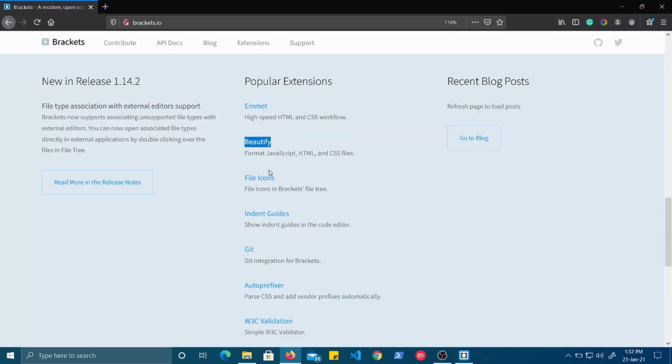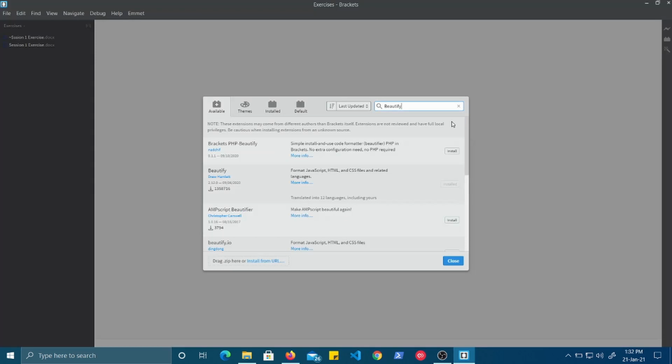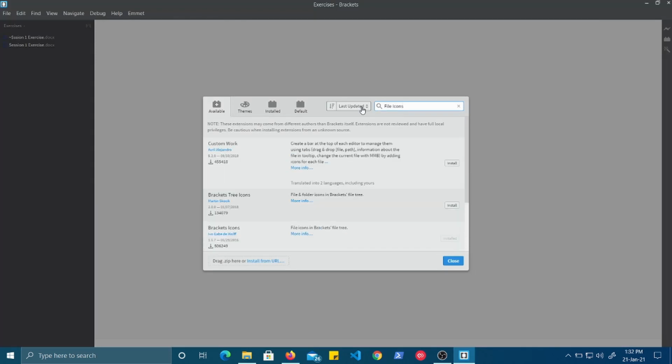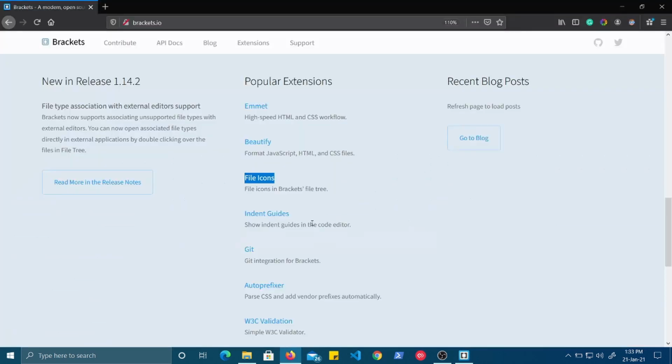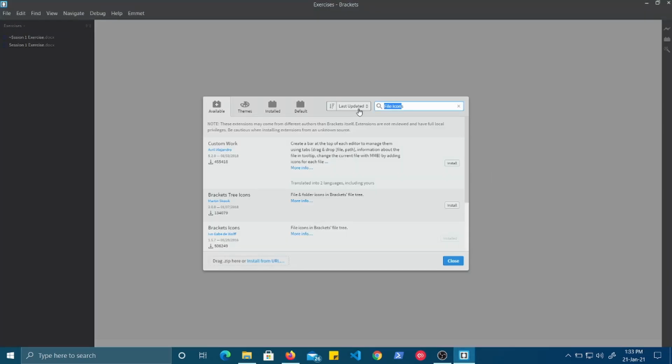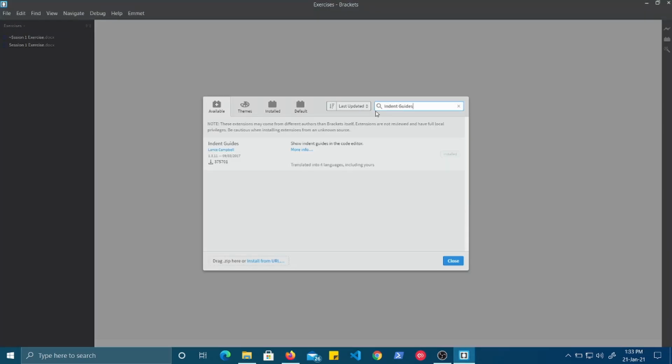Similarly, follow along and install the file icon extension as well as indent guides, right? For file icons I will just demonstrate because you may get confused as there are several others also. Here Brackets Icons, okay, so this extension you have to install. And in case of indent guides, there is only one extension available, so you install it. Since I already have this extension on my machine,